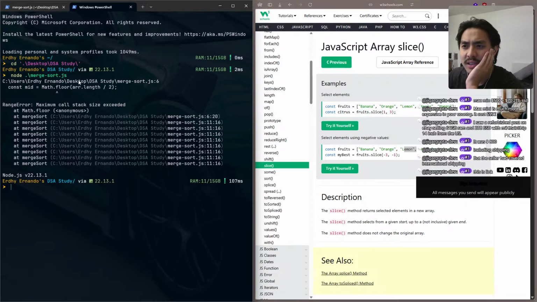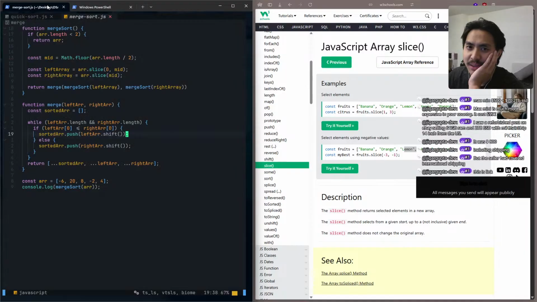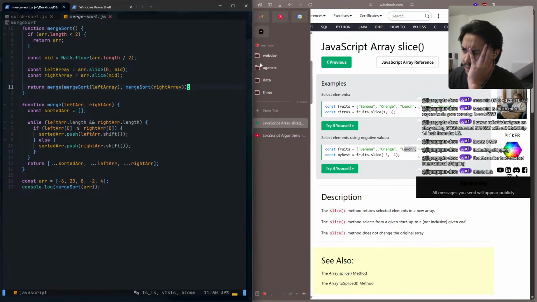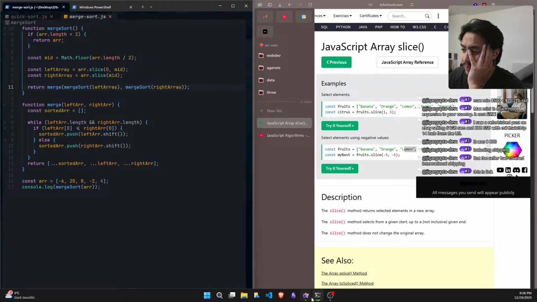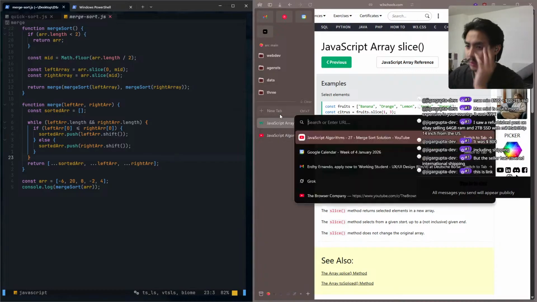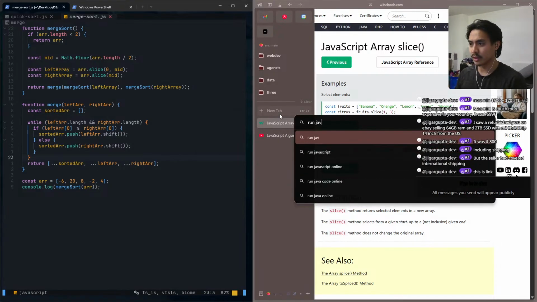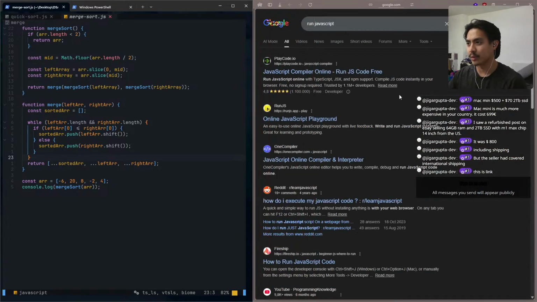Okay, why does it use its maximum call stack? Is it something that I wrote wrong? Does it not have enough memory? Something I don't get. Run JS, direct run JavaScript online. I don't know. Let's just